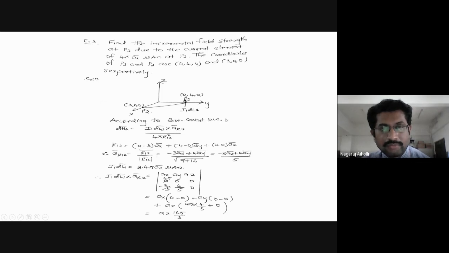According to the Biot-Savart law, what will we get? We are supposed to find the field at P2 due to P1. So destination is P2, source is P1. dH2 bar is equal to I1 dL1 bar cross aR12 bar divided by 4π R12 square. That is R12 bar, the distance vector, destination minus source. Destination is P2, source is P1. So 0,